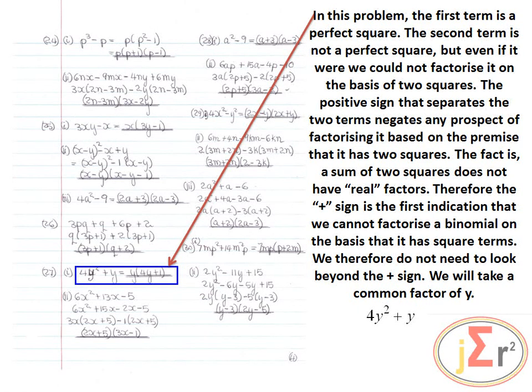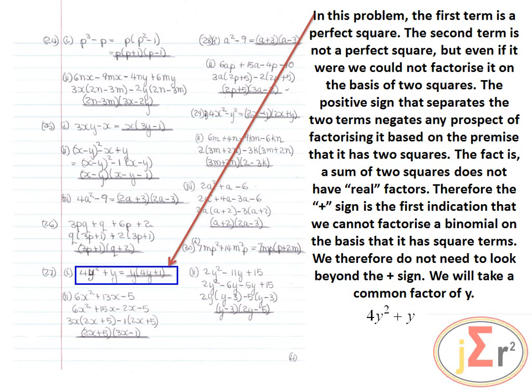The fact is, a sum of 2 squares does not have real factors. And notice that I'm saying real, because a sum of squares has factors, but we do not take a look at the factors of a sum of 2 squares at this level, because